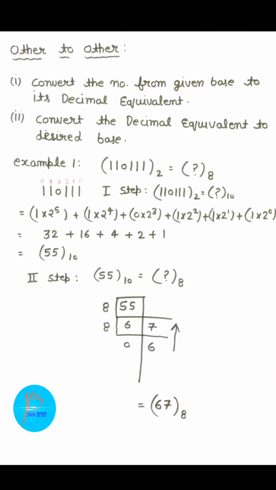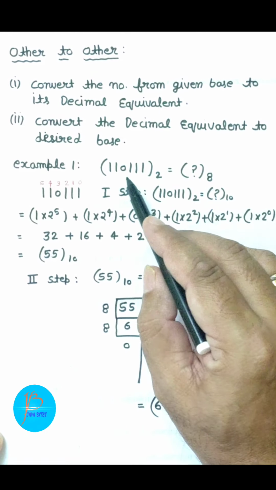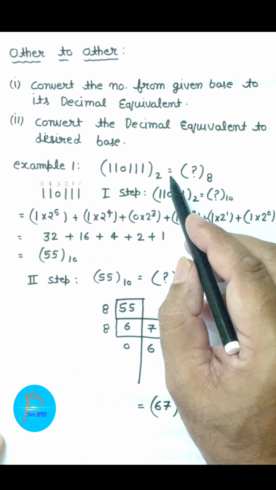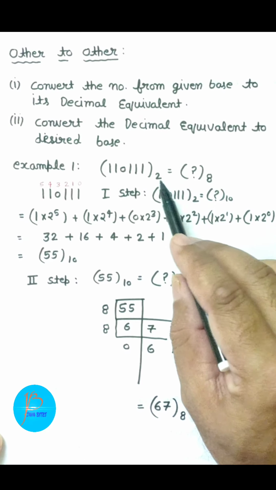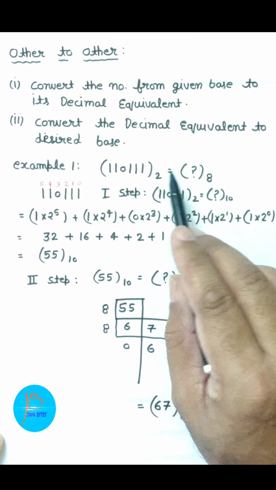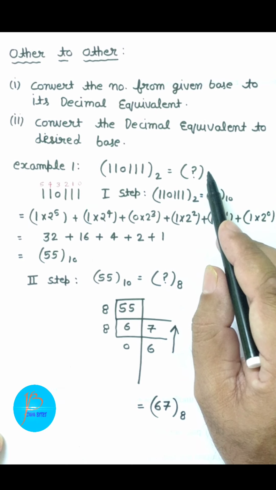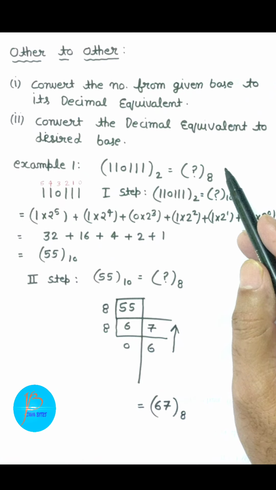But children, today we will go through problems in which no decimal number system is there. For example, look here, the first problem: given a binary number 110111 on the base of 2, we have to find its octal equivalent. Here we can see that on the right hand side or left hand side, no decimal number system, means base 10, is used. So what should be the process for that?